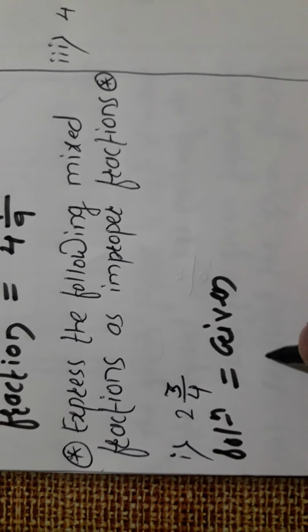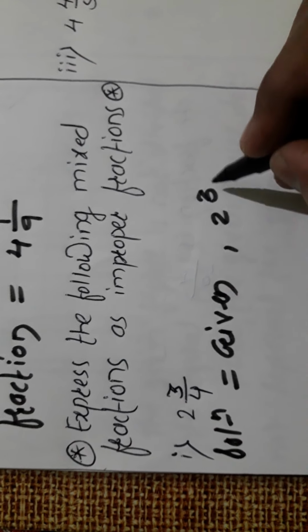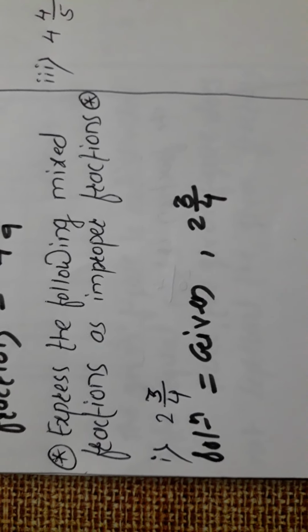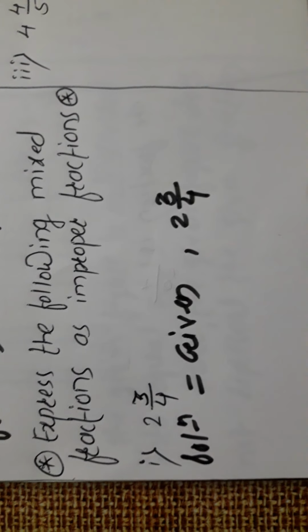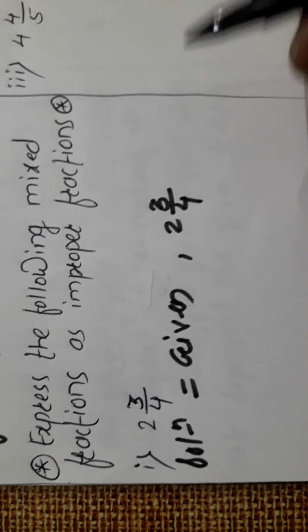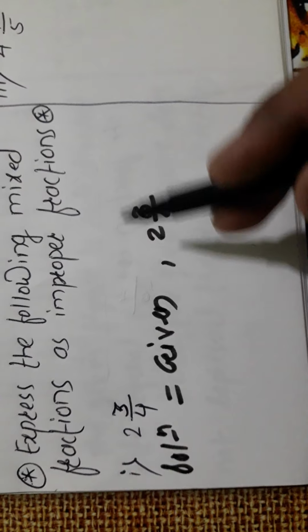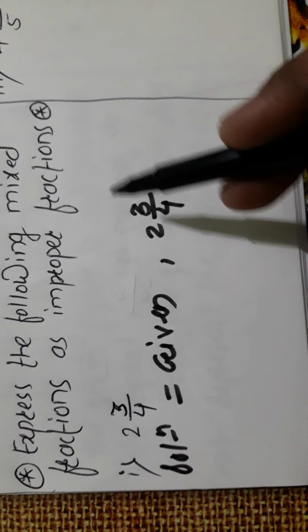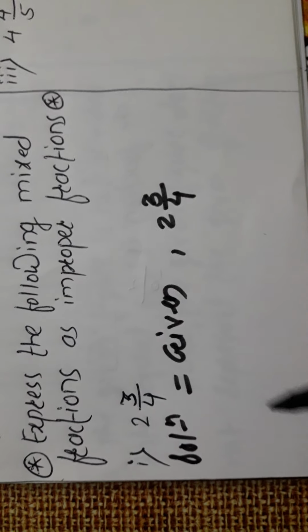Okay, now what is the given mixed fraction? 2 and 3 upon 4, or we can say 2 and 3/4. Okay, for this purpose we are going to convert this 2 and 3/4 into the improper fraction. For that purpose there is one formula. What is that? Look here,